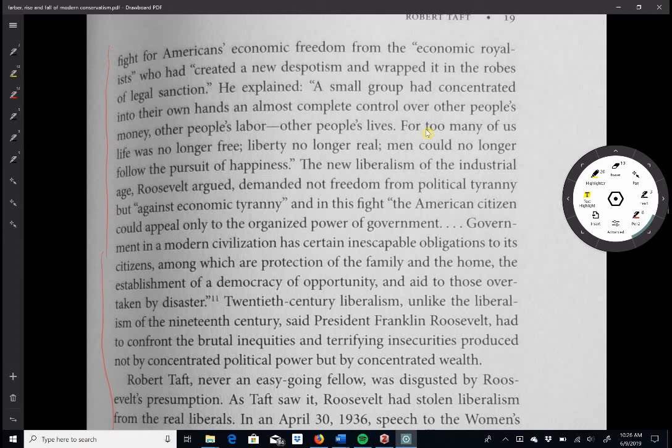Still, conservatives are able to win some victories, and they're laid out here in the chapter. And we want to be able to identify those when we write our assignment. And in particular, as you're getting towards the end of this reading, look for the Taft-Hartley bill, which Robert Taft is one of the sponsors of. It's one of the most important pieces of legislation and conservative victories in the post-World War II period. And it's something that you really want to focus on when we get to writing this chapter.